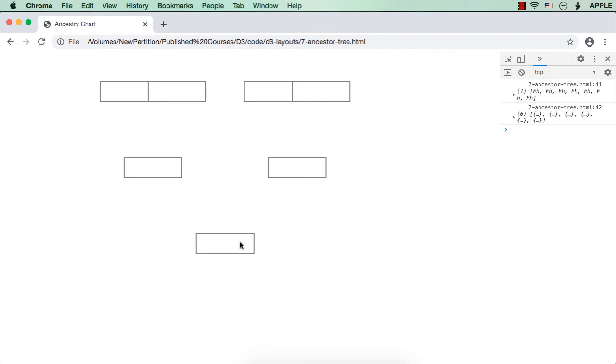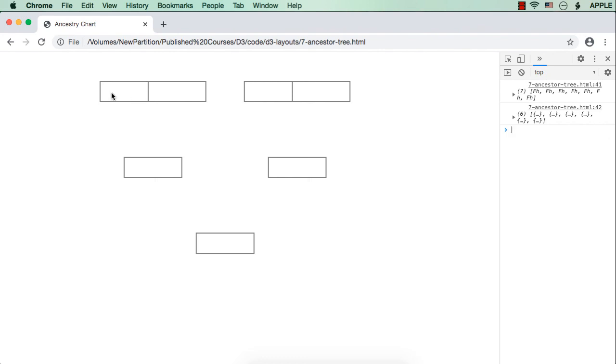How did we manage to do that? We just had to change the position of the y. Previously the position was here. As we had to move it towards the bottom, we have subtracted it from the total height of the tree. If you remember, we moved the bar chart's y position by doing a similar technique. We subtracted the value from the total height of the SVG. Thus we could move the bar chart from the top to bottom. The same technique we are using here. Instead of subtracting it from the SVG's height, we are subtracting it from the height of the tree. Okay, so the items have been moved to the bottom.